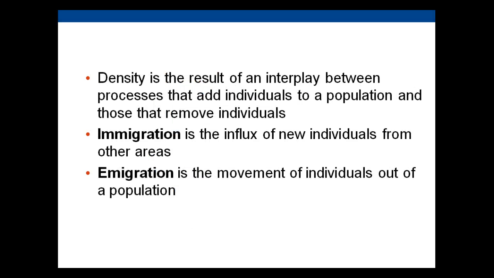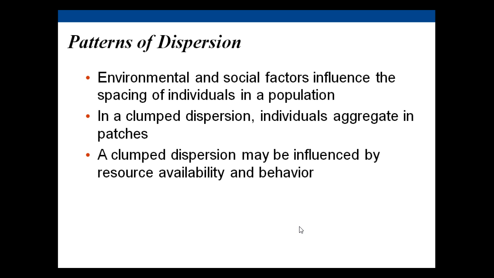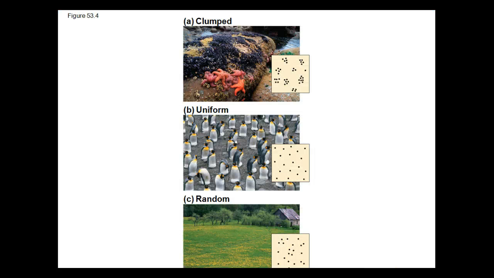The only part is that during that, they assume that there's really no immigration or emigration at that time, but we know that that does affect it. So you've got births, of course, that happen, and death, and then those moving into a population, those moving out of a population. So all of those influence the dispersal or the density of a population. And then also that group of population and where they live is also interesting. So they were showing